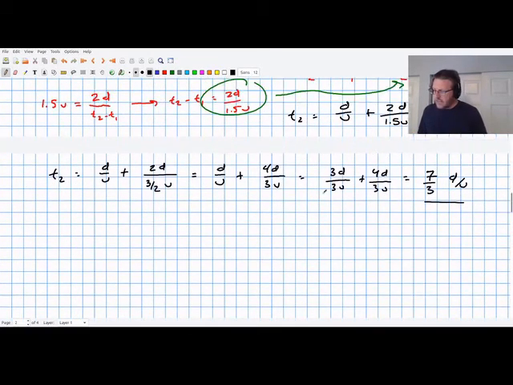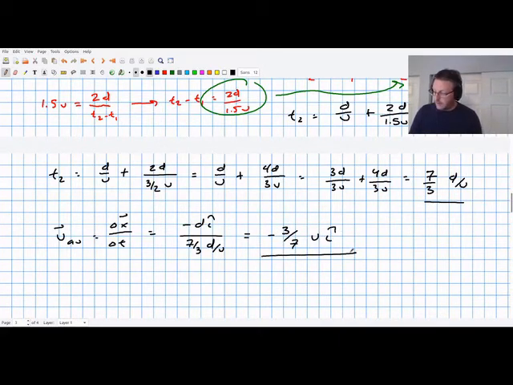So I'm going to take that delta t. So v vector average is delta x over delta t. Delta x is negative d I hat. The duration of the time is 7/3 d over v. And then that is going to give me an average velocity of negative 3/7 v I hat. That is actually the answer to part B,